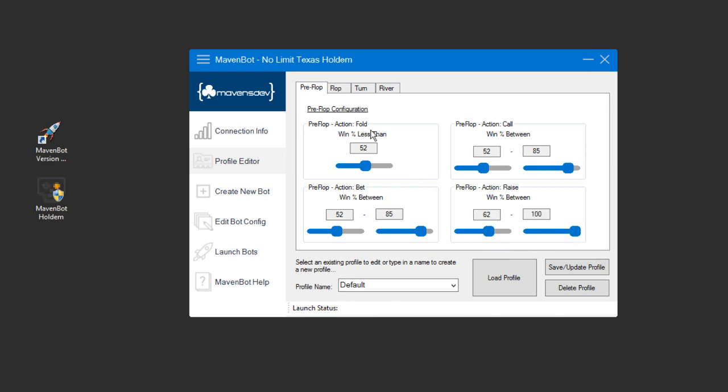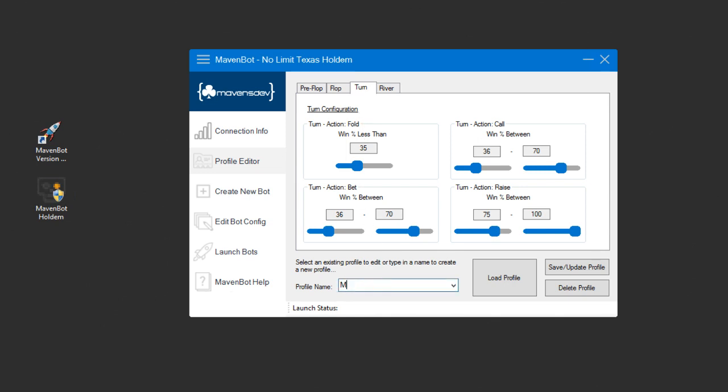Just proving a point. So let's go flop. Who knows what this thing would do? Okay, so basically you'll go through each tab, move the sliders to the percentages that you want, and then when we get ready to save,